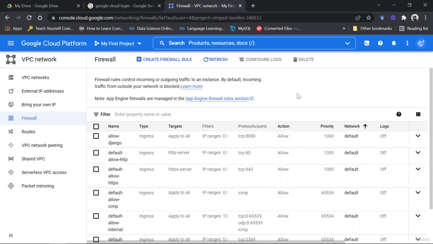Now, to make things a little easier to understand, inbound means incoming traffic or incoming connections coming to your Google Cloud instance from anywhere across the internet. So for that, you have to add an inbound rule so that external applications are able to connect to your instance. Now, outbound means outgoing connections from your Google Cloud instance to any other instance or any other machine